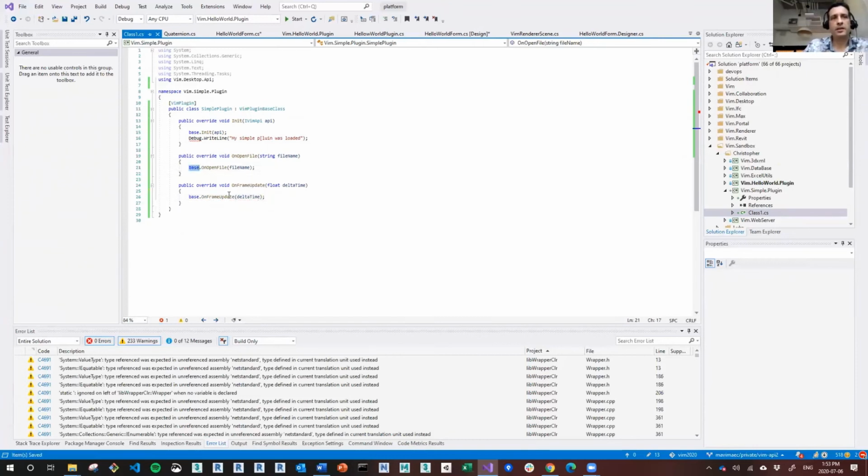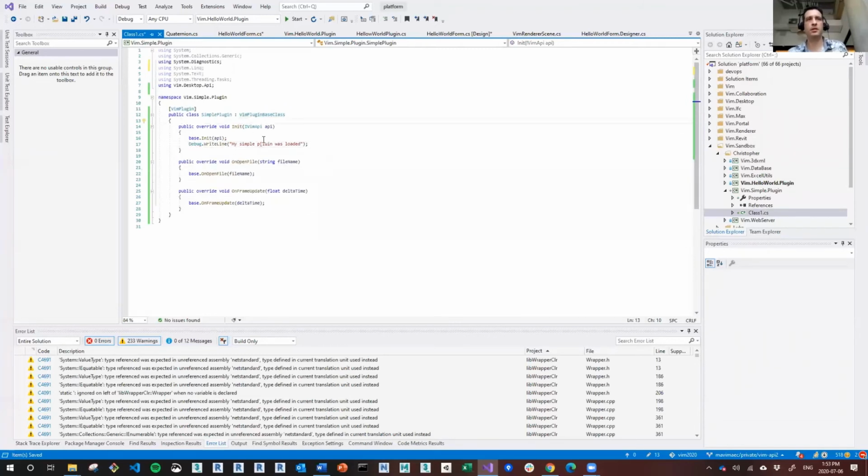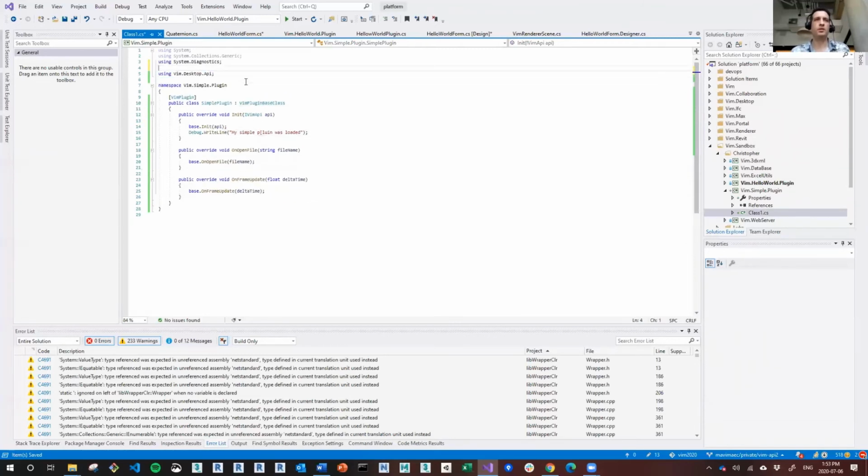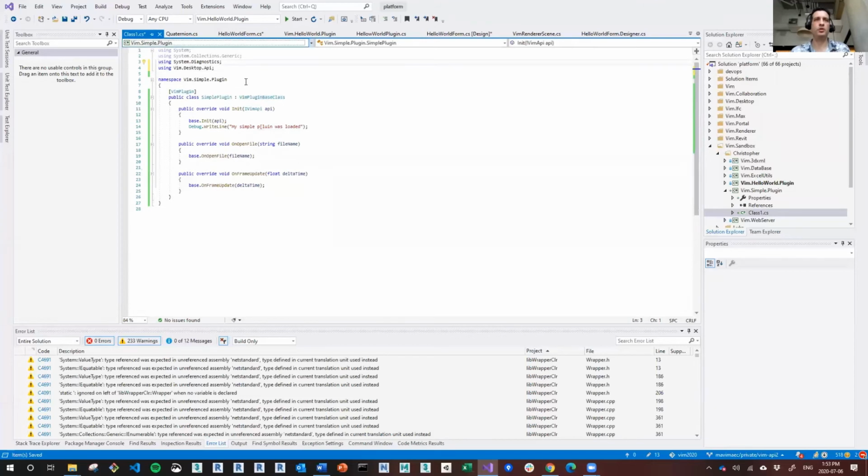When you call base like this, there's a base class and it tells you, okay, delegate this call to the base class and have it do what it wants. Debug's not there, using System.Diagnostics. All right. What this will do is output a message to